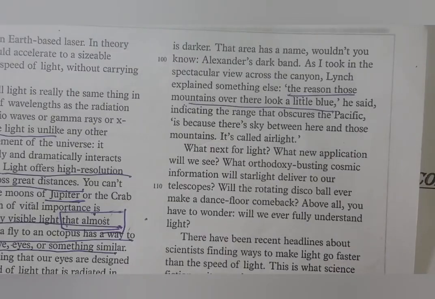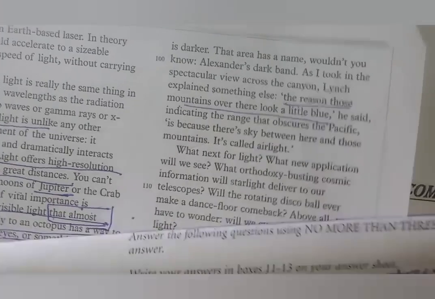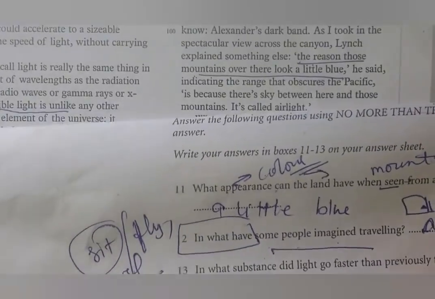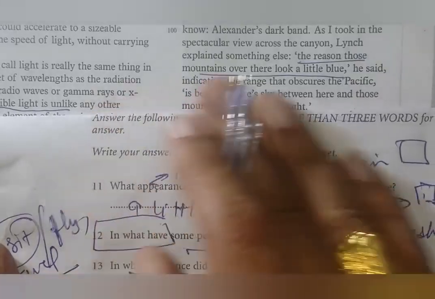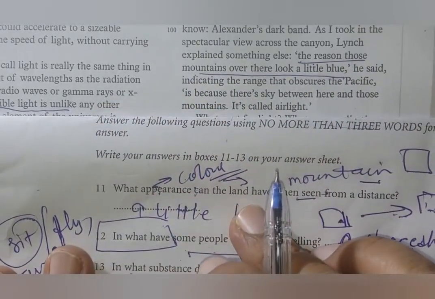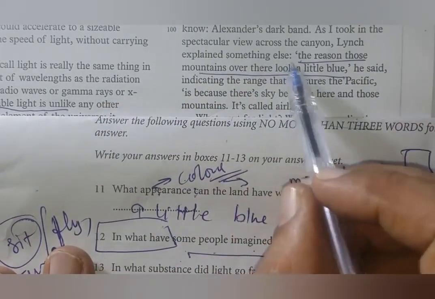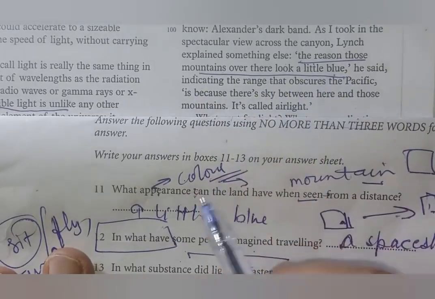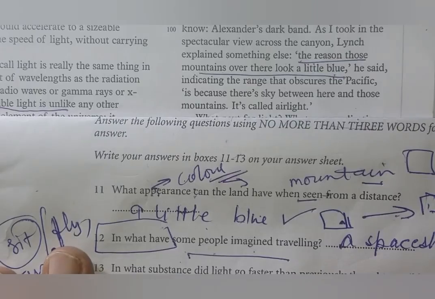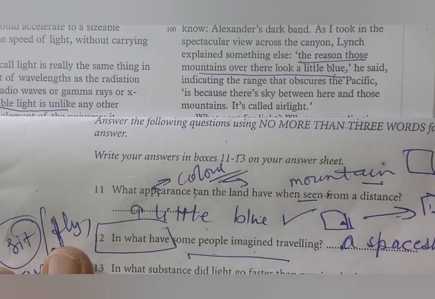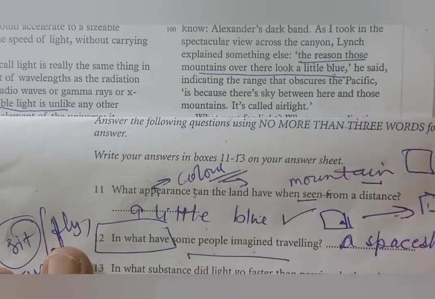मैंने इसमें क्या जजमेंट ली, जो मेरी जजमेंट कहती है, देखो हर पर्सन की अपनी अपनी जजमेंट है, मेरी जजमेंट क्या कहती है, अपीयरेंस का मैं कलर बताऊँगा या शेप बताऊँगा, तो मैंने माइंड में सेट कर लिया। लैंड में मैं खड़ा हो गया, डिस्टेंस से देखा, माउंटेन्स, लिटिल ब्लू, 3 वर्ड तक दे सकते हैं, ये लिटिल ब्लू दो, आपका आंसर 100% ठीक है, आपको यही दिखता है। अपीयरेंस की बात करें, कलर दोगे या शेप दोगे, तो नेचुरली मैंने कलर को सिलेक्ट कर लिया, मेरा आंसर आ गया।